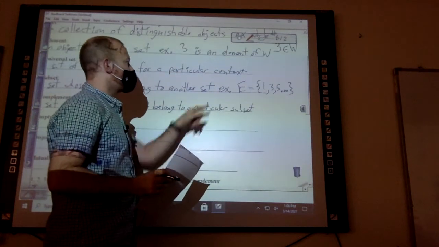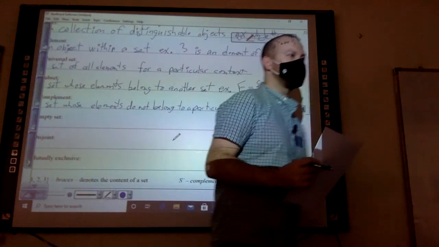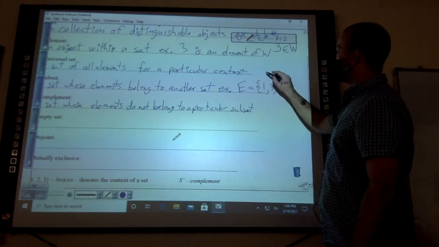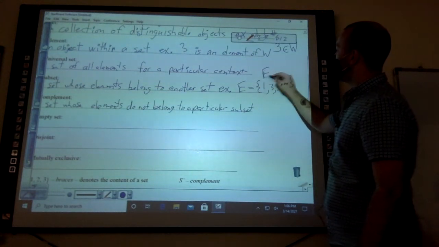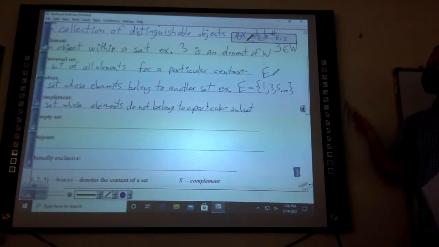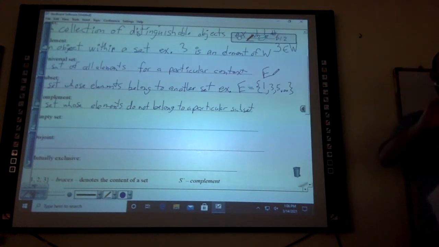I forgot to write with this one up here how we write if something is a subset. So along this example with E here, if I want to say that E is a subset of W,